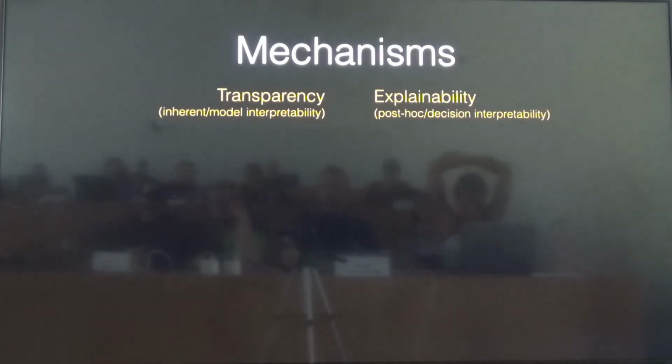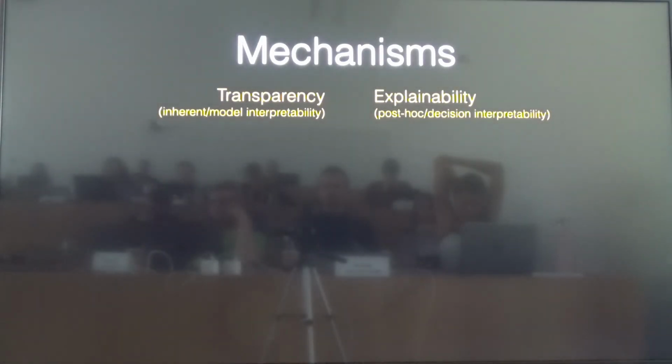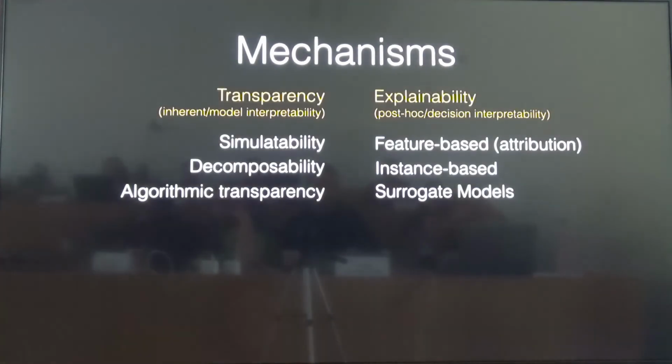So, in terms of mechanisms is when we can have a bit more discussion. What we can do is divide these mechanisms again into different groups. One is towards transparency and the other one is towards explainability. So basically,